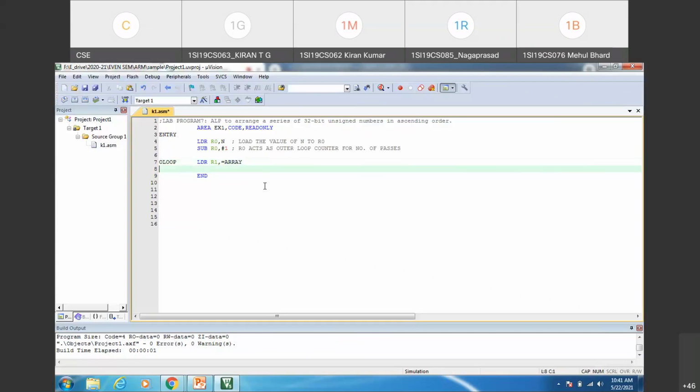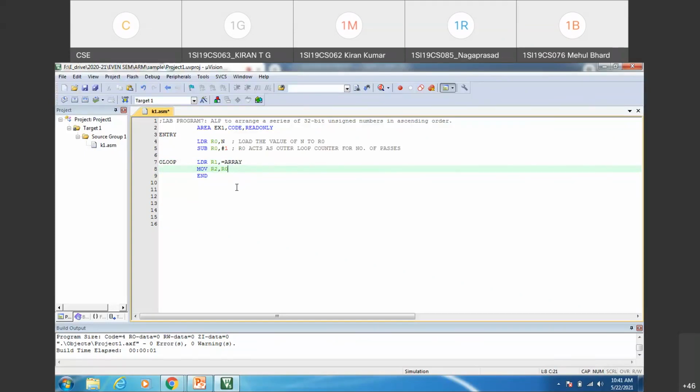Then we require another counter for the inner loop to keep track of the total number of comparisons. So we shall copy this R0 value to another register, say R2, MOV R2, comma R0. So here, the counter value which is held in R0, I am copying to the R2 register. If there are 4 elements in the array, totally 3 passes are required.